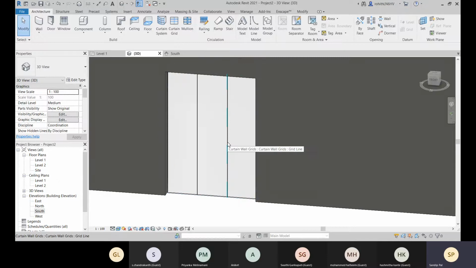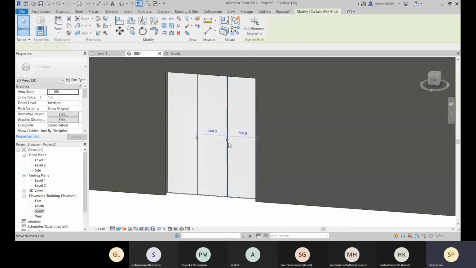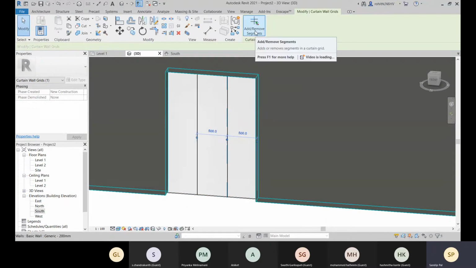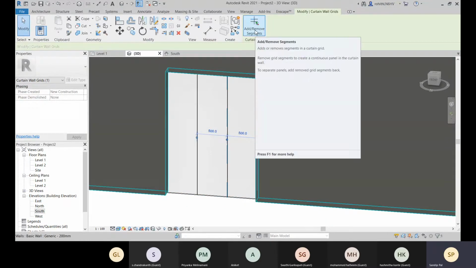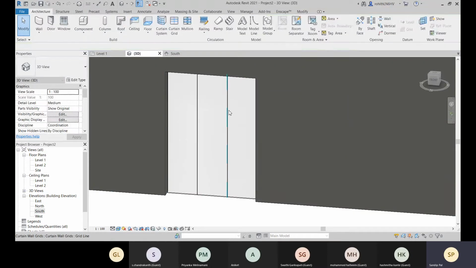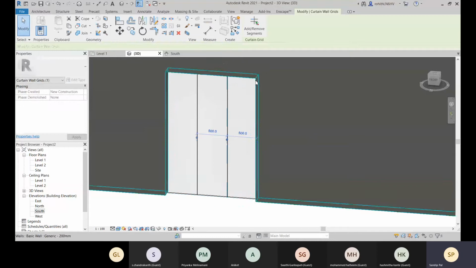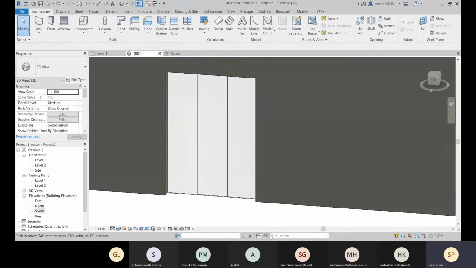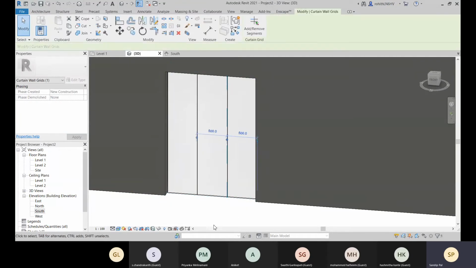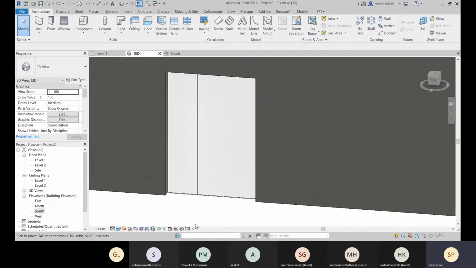All right, and now if you need to delete one segment already added, for that you can come to this add remove segment, and you select it as this is right now added. So we will go for this add and remove segments, or else what you can do is, there is no segment right now as this is the complete grid line. So select it and simply press delete.